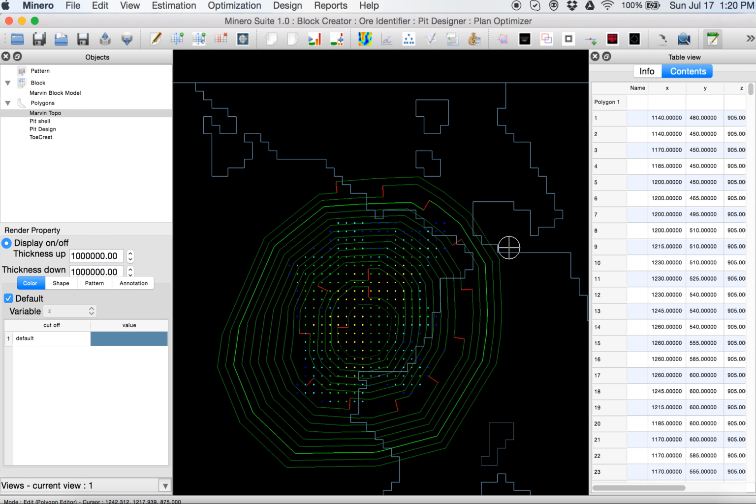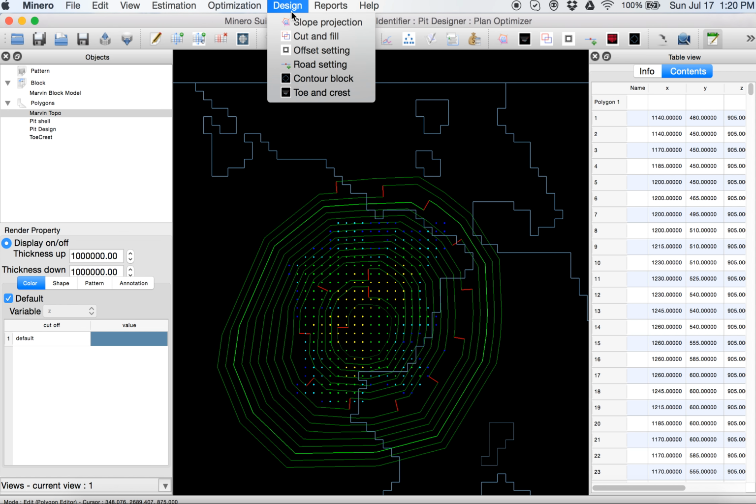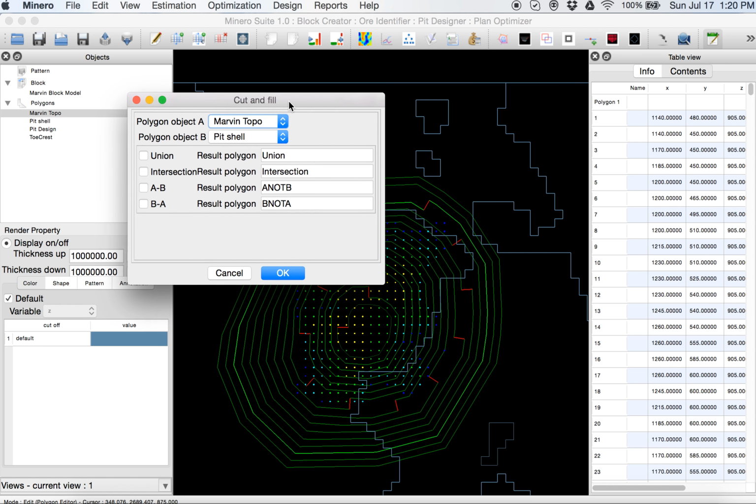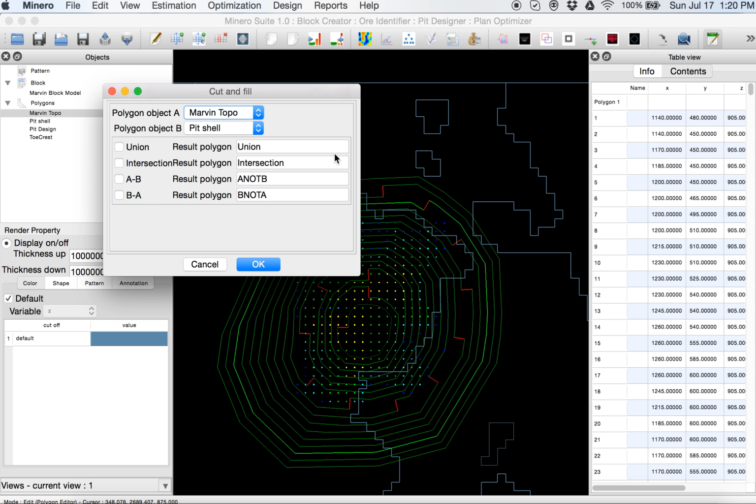So the other thing that engineers would like to see is to get the extraction shape. What is the extraction shape between the topo and the design? So what is inside this? I can use the cut and fill tool to do that, to get the extraction shape.